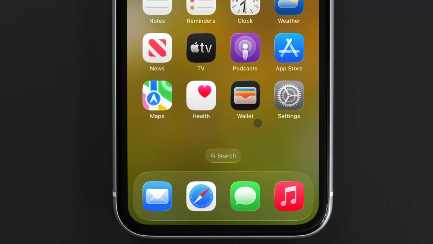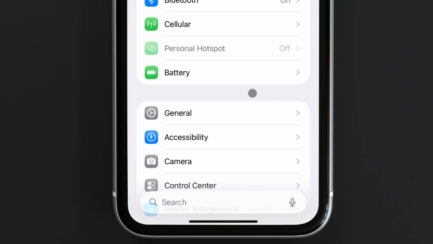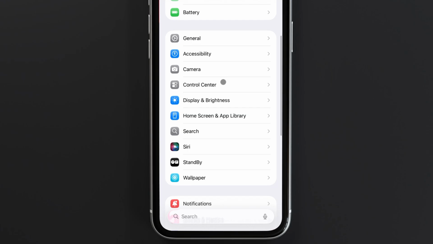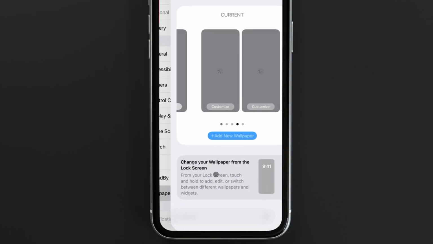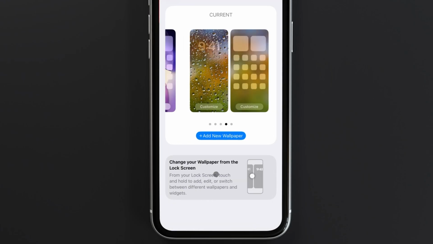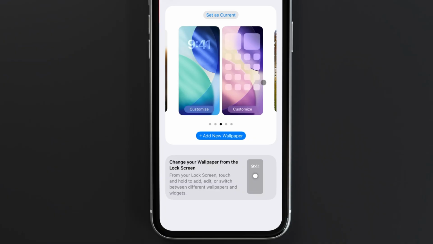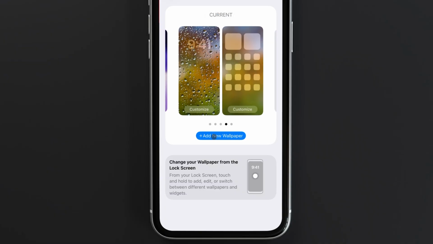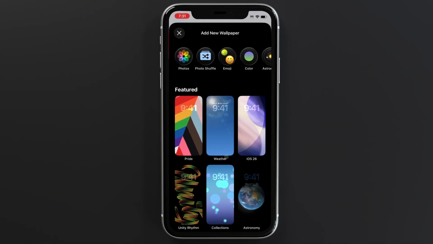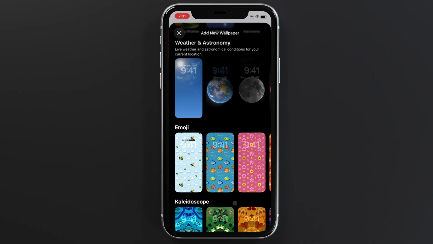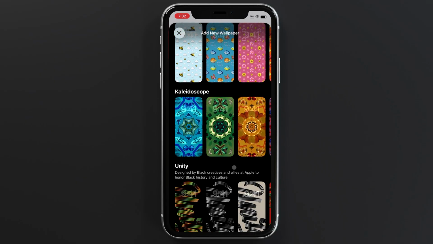Another way to change your background is to go to Settings and Wallpaper. You'll see your existing wallpaper options, and you can easily switch between those, or you can create a new one. Here you can choose from all the built-in wallpaper options, set fun emoji wallpapers, or use a photo shuffle, which